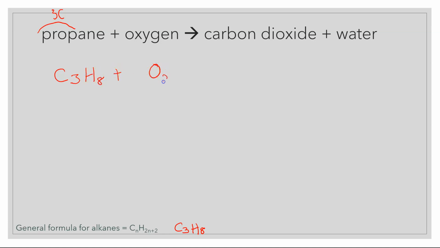Plus oxygen, remember it's diatomic, so it's always in pairs. And then carbon dioxide, CO2, plus water, H2O. And straight away, hopefully you'd spot it straight away, the number of carbons on our reactant side is different to the number of carbons on our product side. So this is unbalanced, and we need to make sure there are the same number of atoms either side of